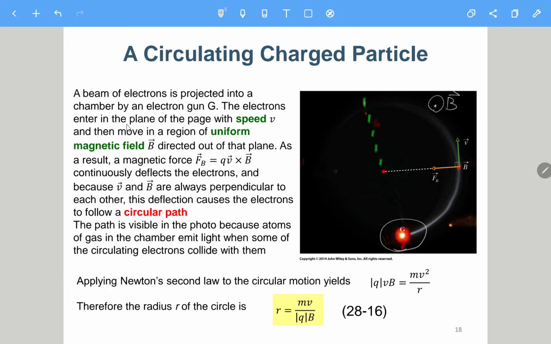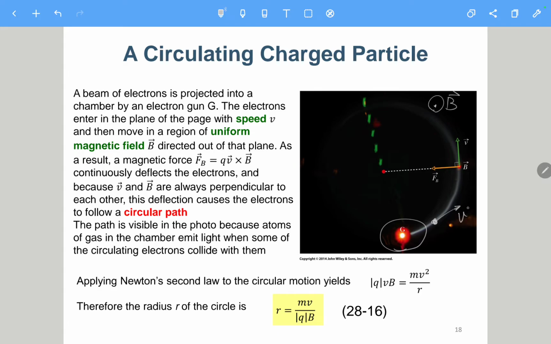The electron enters the plane of the page with a speed v and then moves in a region of uniform magnetic field. The magnetic field B is directed out of the plane. As a result, the magnetic force F_B equals Q V cross B, which means that, for example, at this point,